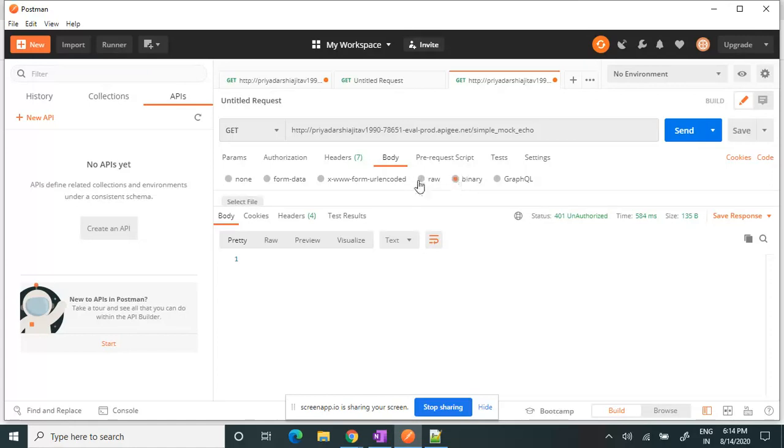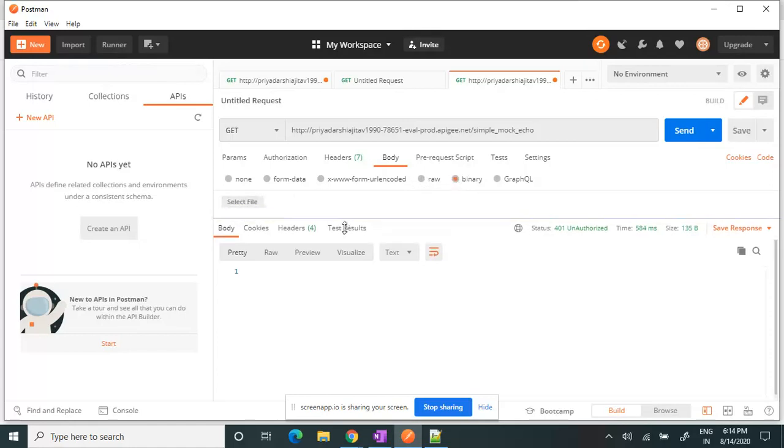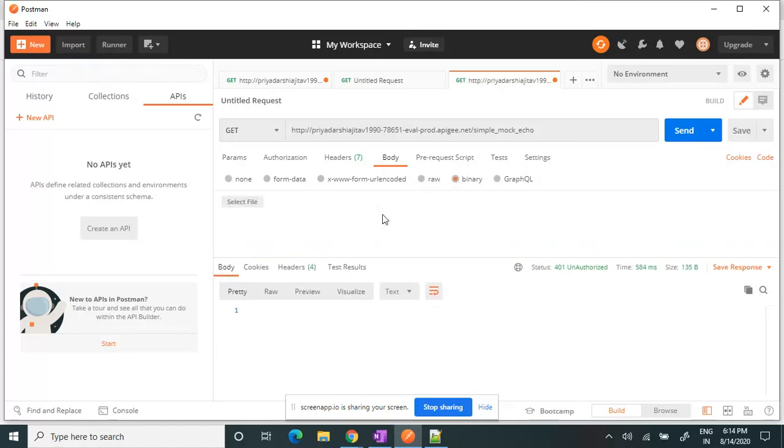Binary helps you select a file and send the file as the payload. GraphQL is there, and raw also has multiple options: simple text, JavaScript, JSON, HTML, XML, different formats. Mostly we prefer to send the credentials through the query param or the authorization header.